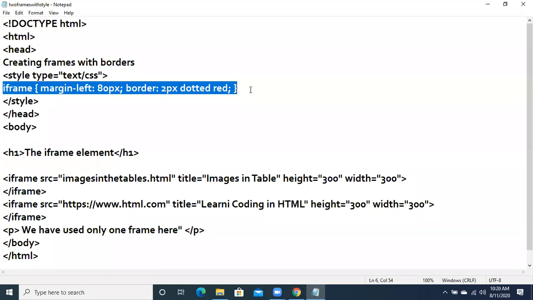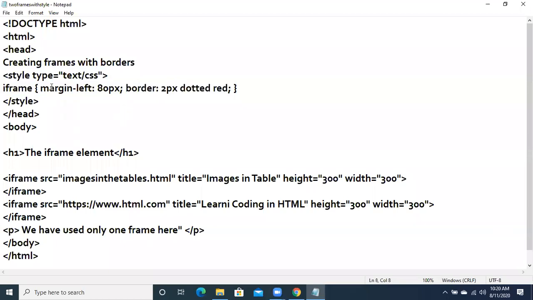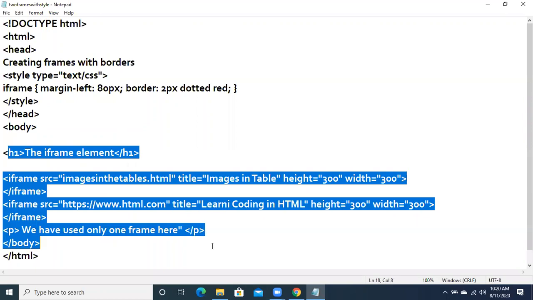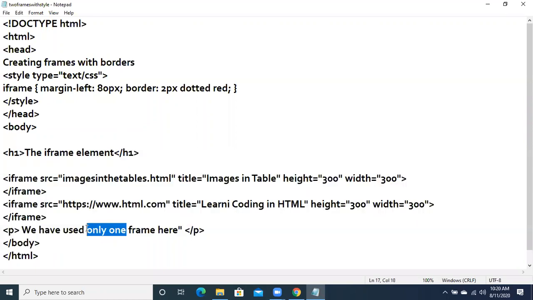I am going to apply a dotted red color border on it, and leave some margin on the left side, just like 80 pixels at the left side. So how will this work? Now see, the remaining coding is the same. What we have done over here is use two frames with style.